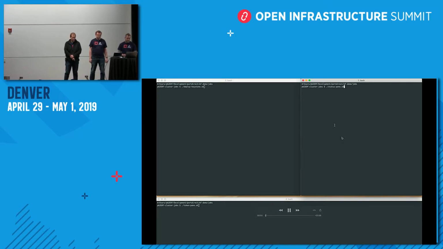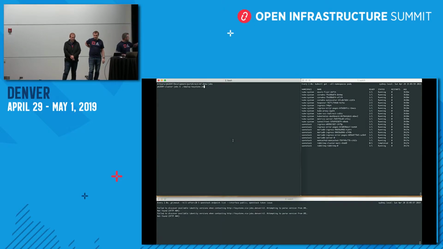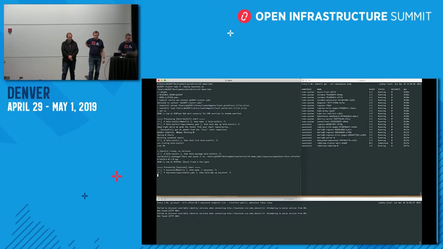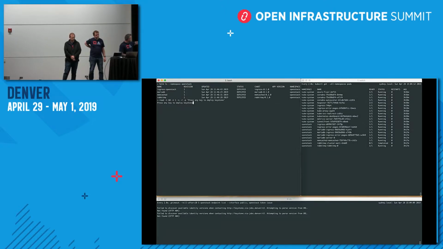Okay, so we're going to see a few things here. The upper right-hand side, we're just going to execute a watch on the pods that we are going to deploy as part of this. So the dependencies we've already deployed, so things like MariaDB, RabbitMQ, and Memcached. The upper left, we've packaged the Helm toolkit and Keystone chart. And the lower terminal here, you'll see that we're essentially just trying to call the OpenStack endpoint list and issue a token.